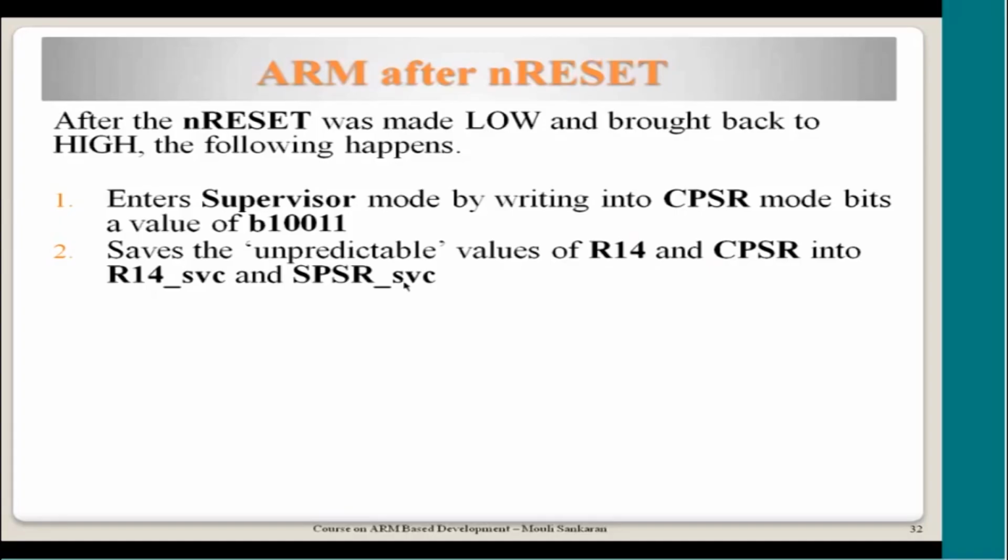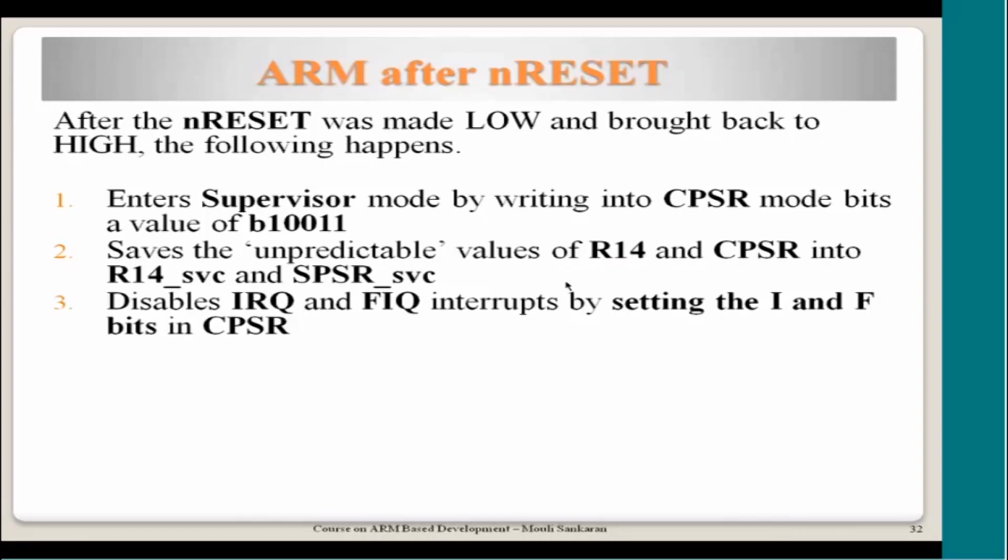So it saves the current PC value to R14, and the CPSR value to SPSR, and then disables IRQ. So on power on reset, it makes sure that no interrupts are enabled,